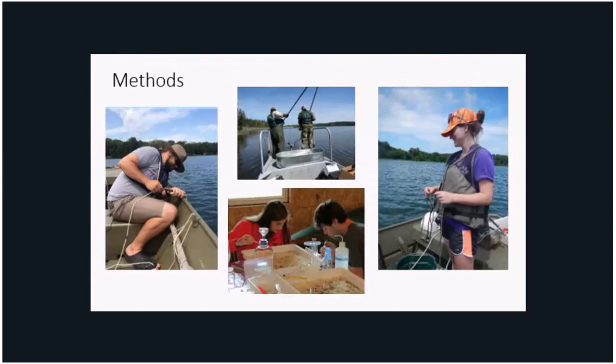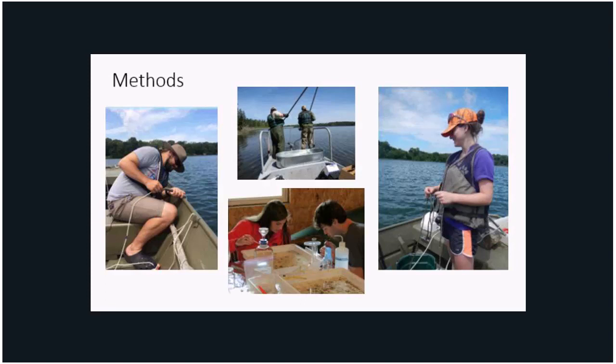So because we're using stable isotopes, which I'll explain in a minute, we needed to take a lot of tissue samples, because tissue of the organism contains a certain isotopic signature from which you can derive information about where and how it's eating in the food web. So we did a ton of sampling and a lot of collaborative effort with the Minnesota DNR to sample several fish and invertebrate species in the two lakes over 2 summers. And then we sent them off for stable isotope analysis at the University of California, Davis,